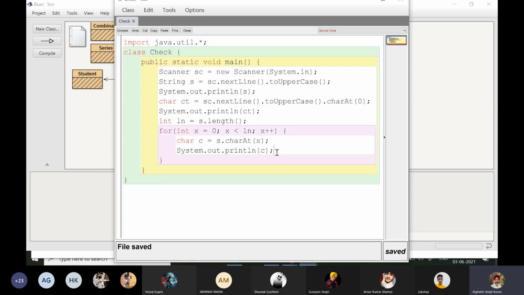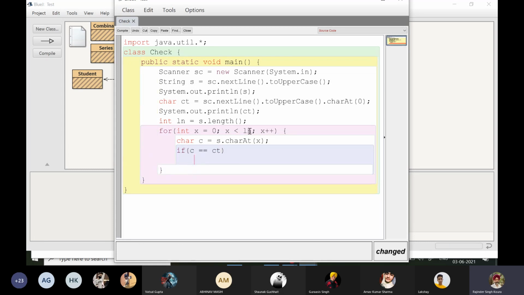This was the program. I don't want to display the string. I want to check if C that is extracted from the string is equal to CT, which is actually input by the user, we are actually going to increase